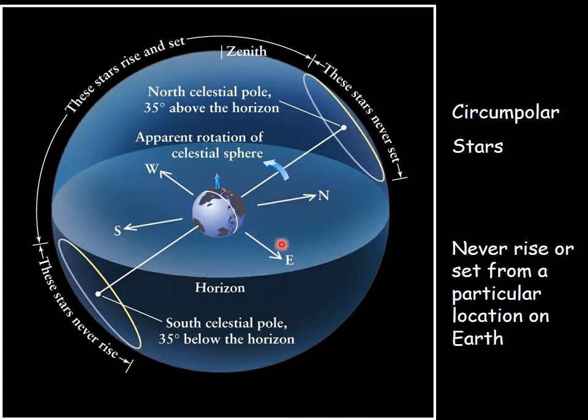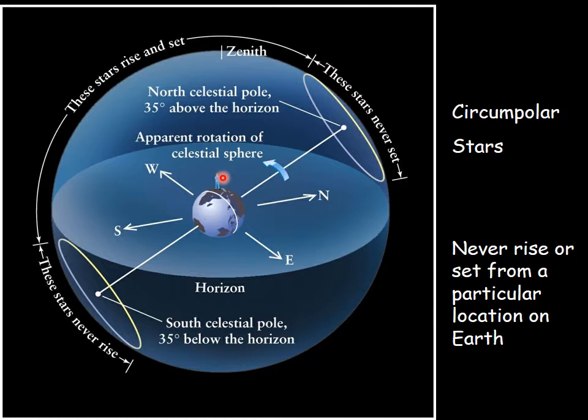So as things rise, if you're on the equator, you see the celestial equator overhead, north celestial pole here, south celestial pole there. You see the entire sky go by. If you're standing on the north pole of the Earth and you look up, then the north celestial pole is overhead. As the sky turns, everything goes around, but everything in the southern half of the sky is below the horizon, and you can't see it from that location.